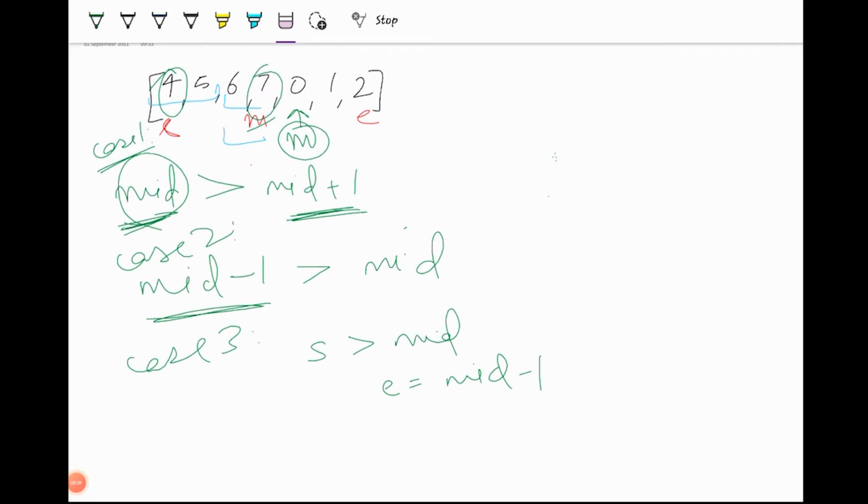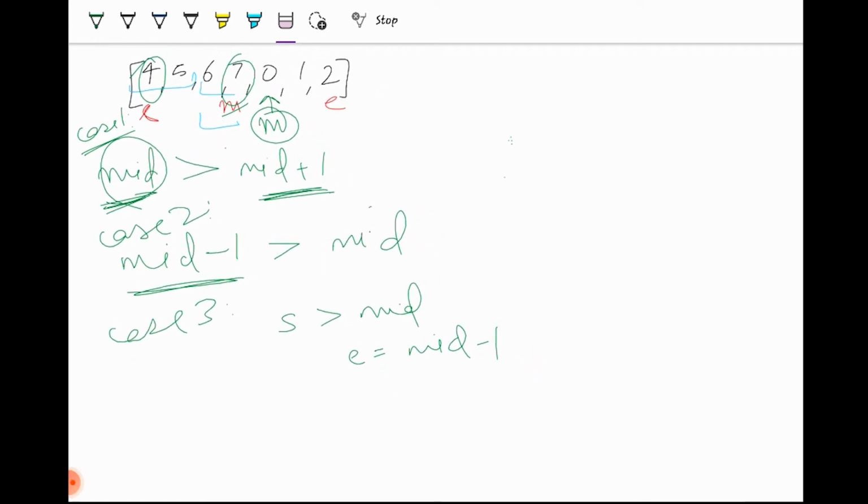So you can also say, why am I comparing start only? I can also compare mid, but you'll find out later. Just watch along. Okay. Now what if I assume my start is actually less than my mid? What if my start is less than my mid?